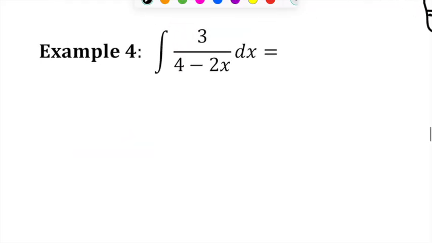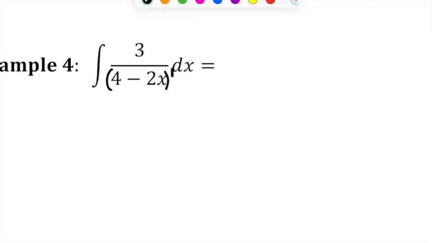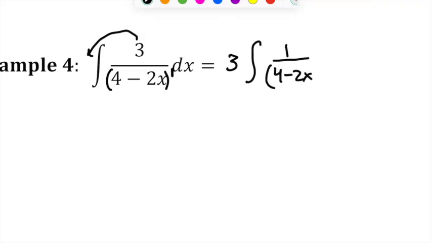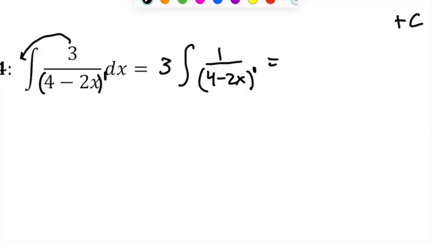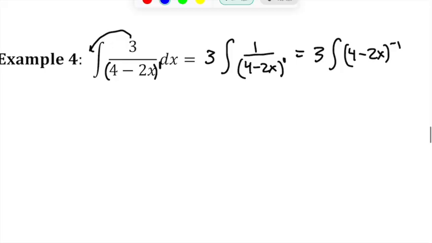So this one's a little harder. You do have to see that this right here, if I put this in parentheses, is to the first power. And so I can rewrite this. Again, I'm going to move the 3 outside because it is a constant. This will be 1 over 4 minus 2x to the first. And then I'm going to write that as a negative exponent. Okay, so now in this form, it makes it a little